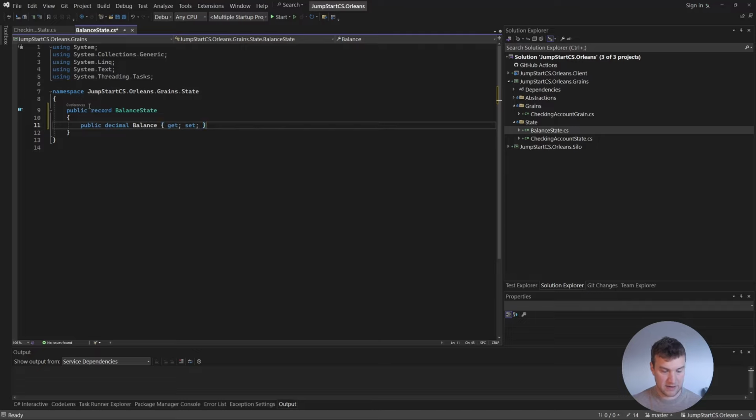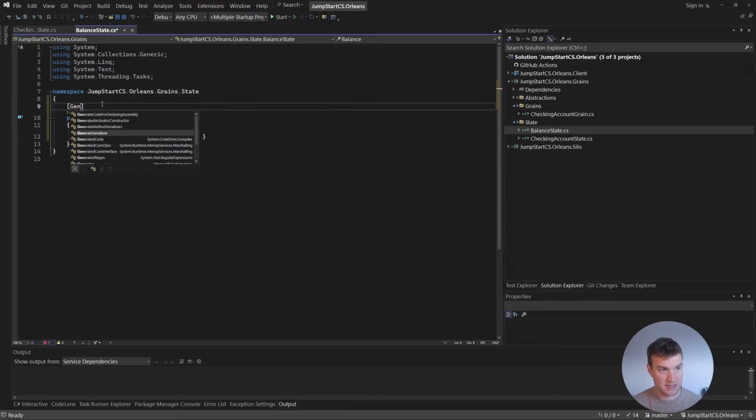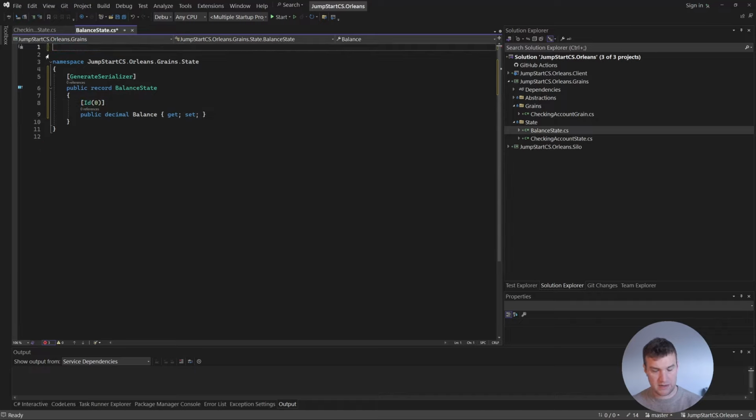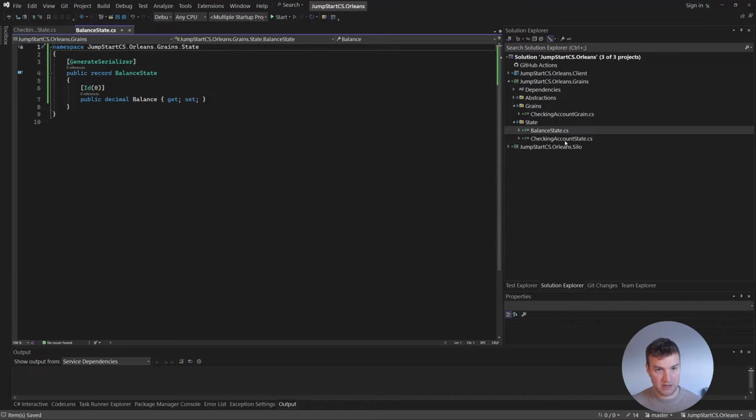And we'll add a getter and a setter for that. Two things that are important to note here: we need to make sure that this is serializable by Orleans. So we'll add a generate serializer annotation to the class, and we'll also add the ID of 0 here, just to make sure that this serializes correctly. I've got the best outcomes when adding generate serializer and ID. I've also had trouble when I use an init only setter here, so probably best to just use a getter and a setter. Let's delete our usings that we're not using,